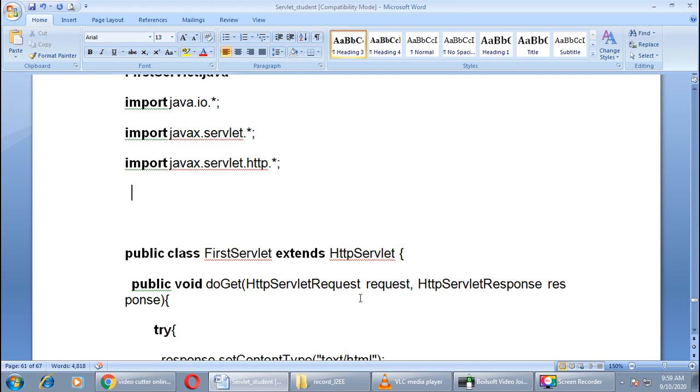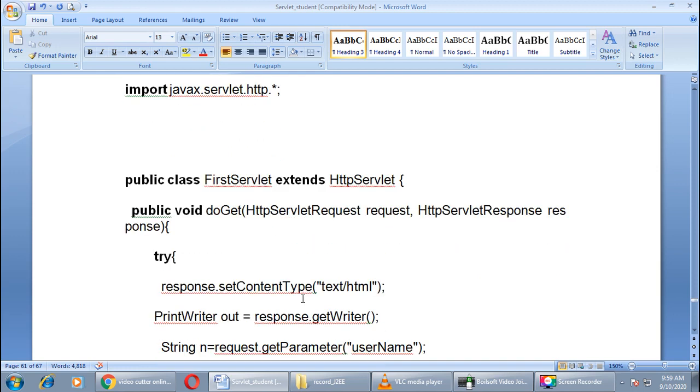Then you can use either the doGet method or the processRequest method, or else you can take the doPost method as well. It has two parameters of type HttpServletRequest and HttpServletResponse.